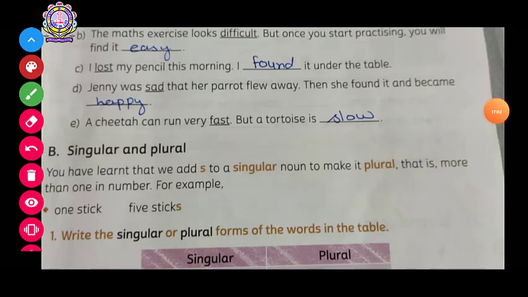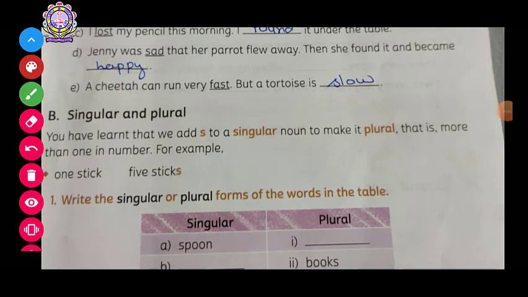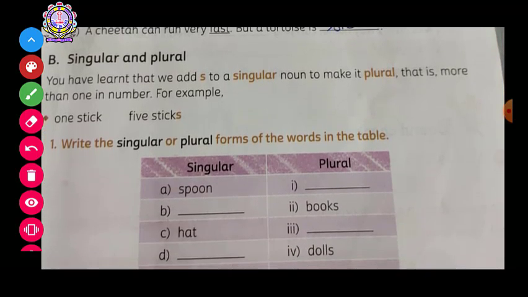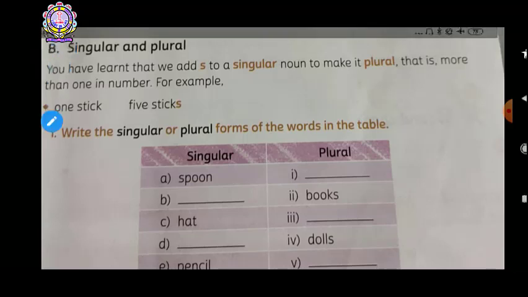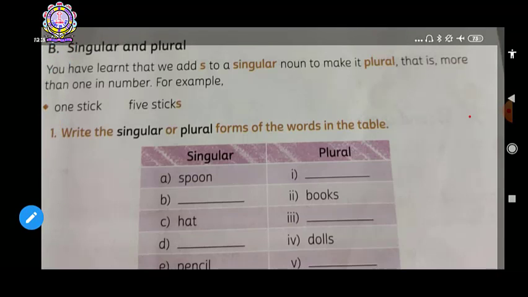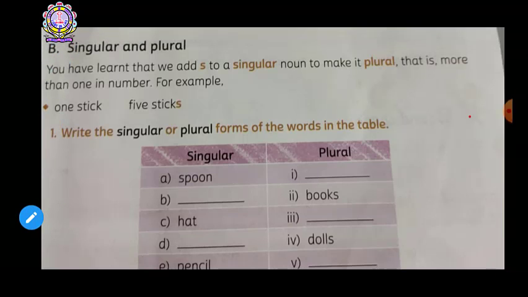Now I think it's clear, isn't it? So what is singular? What is the meaning of singular?